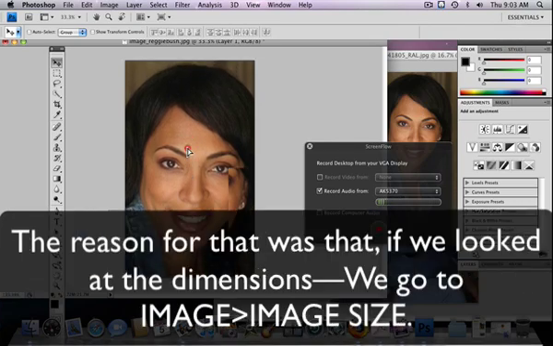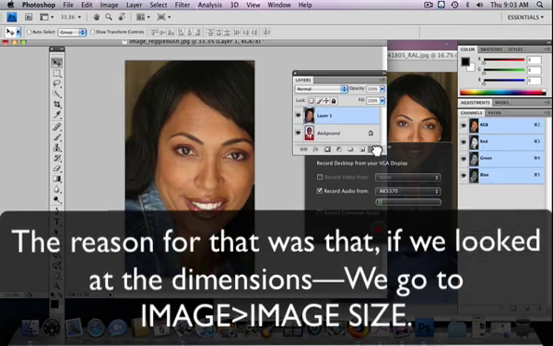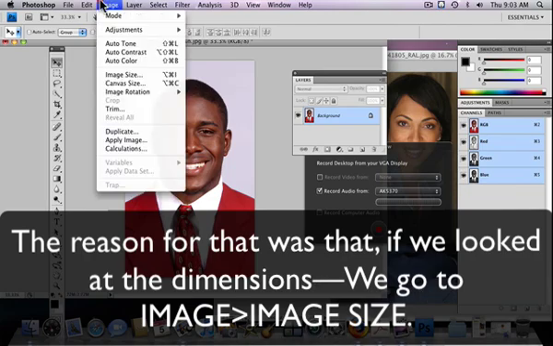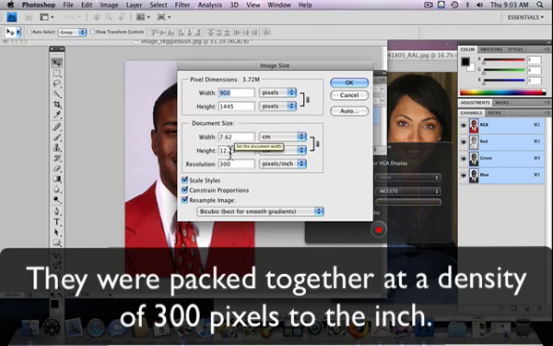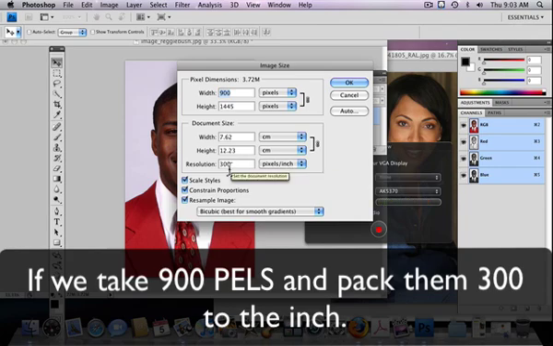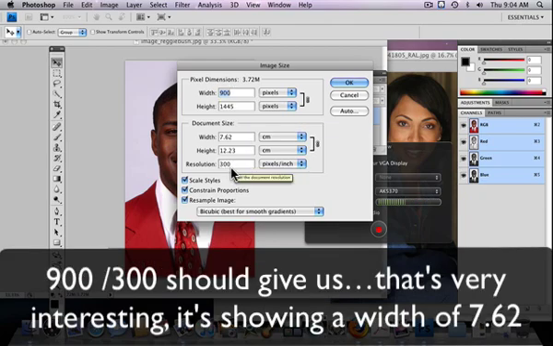of the female image. The reason for that was that if we looked at the dimension, if we go to Image, Image Size, you can see that this dimension was 900 pixels by 1445. They were packed together at a density of 300 pixels to the inch. Now, if we take 900 pixels and we pack them 300 to the inch, 900 divided by 300 should give us, and that's very interesting, it's showing a width of